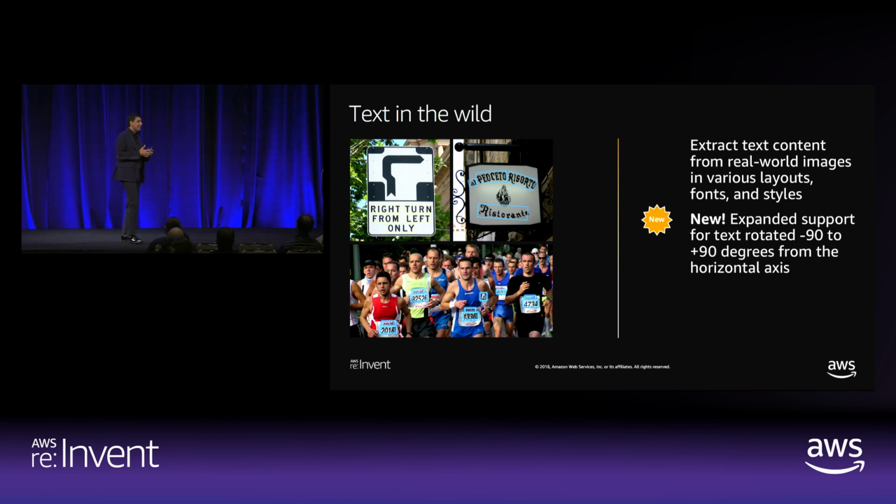How do you detect this text when it's stylized, when it's oriented so differently? And our scientists spent a lot of time working with our customers to solve this problem. As a result, you could see that our text in image and text in video can solve these really difficult text extraction problems from image and video, even when they're oriented differently, when they're stylized fonts, in some cases even handwritten script font, we are able to extract this text information from image and video.